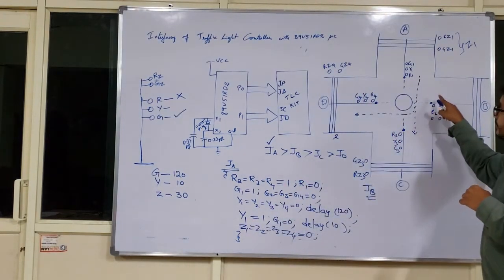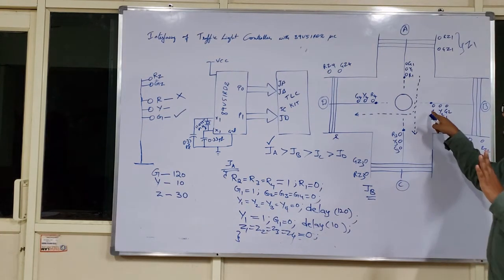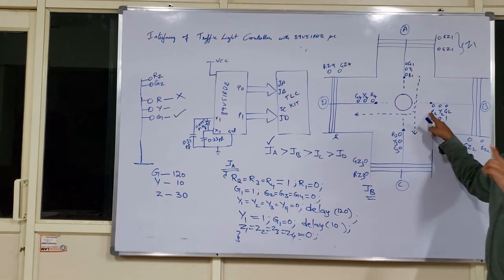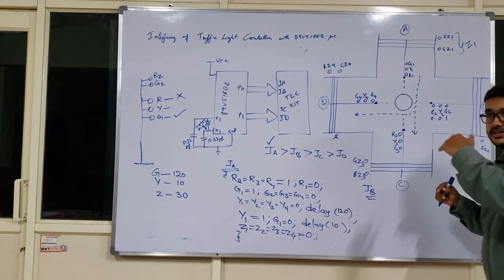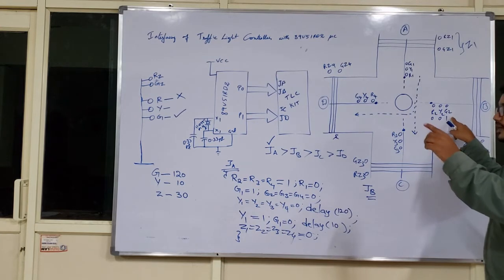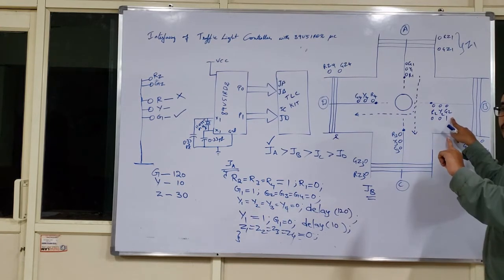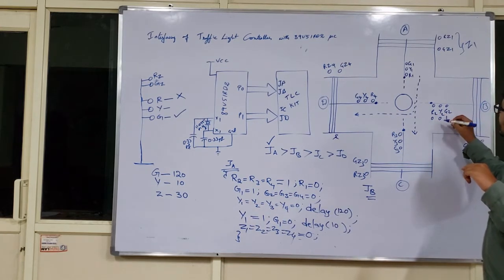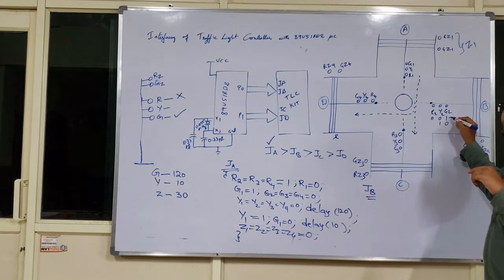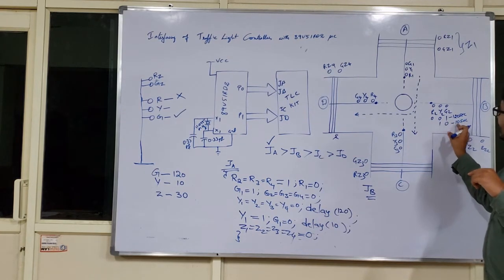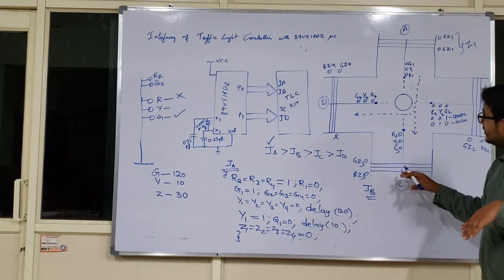Because junction B's activity is completed, but I cannot apply the red lamp to come into logic 1 immediately. There will be a step-by-step procedure, such that green was 1 and its activity got completed. Now yellow activity will be coming into picture. This green activity will be for 120 seconds amount of time, and this yellow activity will be for 10 seconds amount of time. After completing this yellow activity, what happens next?